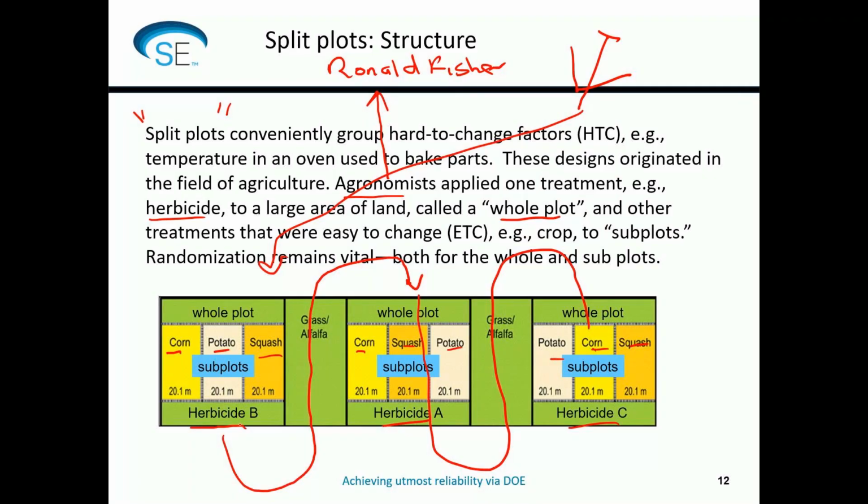So it's a way of grouping that does create some repercussions in terms of the power that you have to detect effects, but as a convenience, it's about the only way to go. And what George Box would say is to randomize what you can. If you have hard to change factors, work with a split plot. And then if you can't randomize or do a split plot, just do the experiment anyways, but still do a multi-factor approach. Box felt like in the end, it's still better to do a multi-factor even if it's completely grouped together in a way that it has no randomization. So I like the way that George Box thought from a practical perspective.